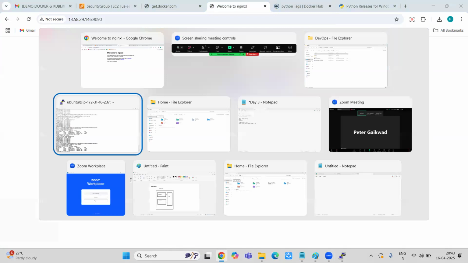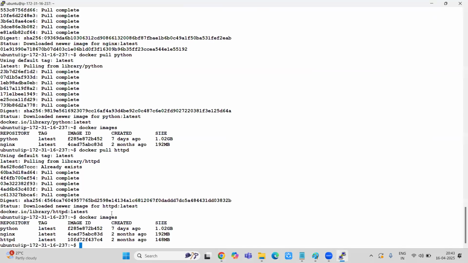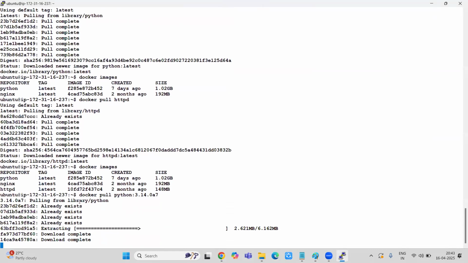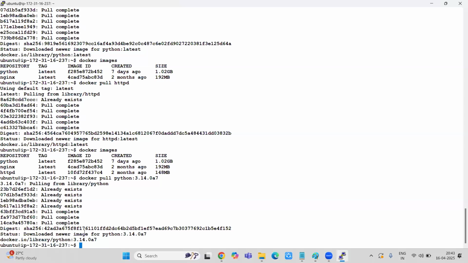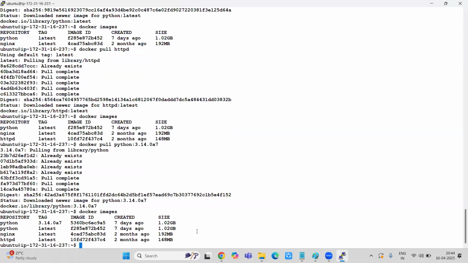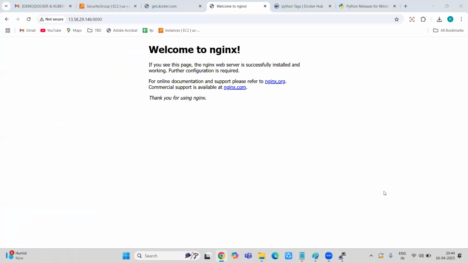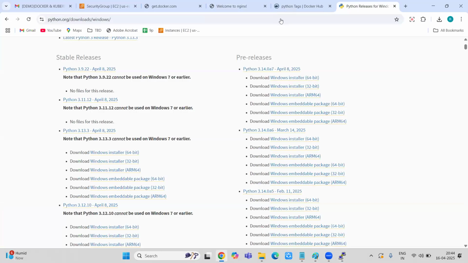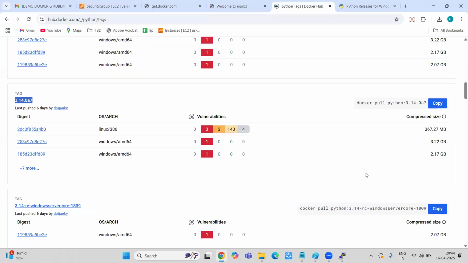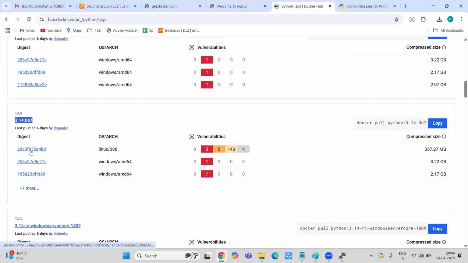That is why, by seeing that, right now we are in practice mode, but when we create a container, that is what matters. Now, let me pull Python again. Okay, it already exists, but it has still downloaded. Now let's see. The size is still the same, because this particular one is a compressed one.